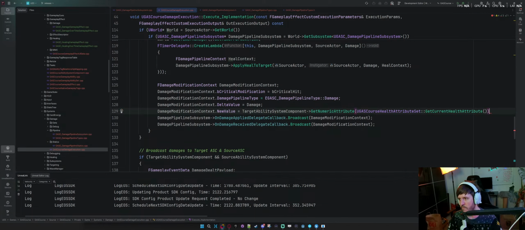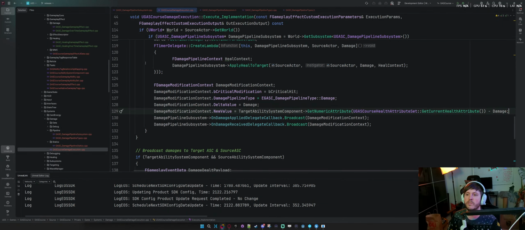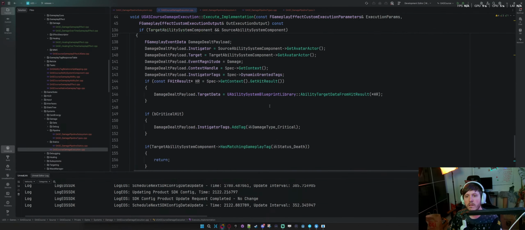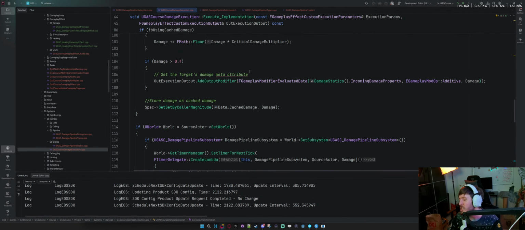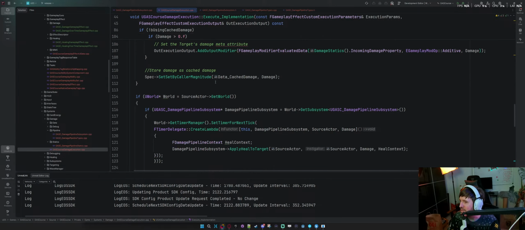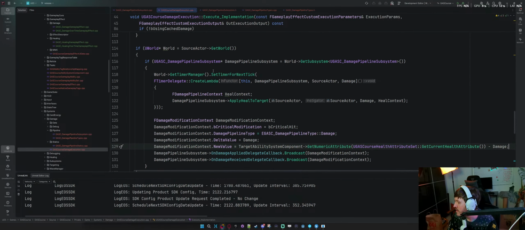So that minus damage, right? Like, could this also be done in the attribute set itself? Maybe. I don't know what information we really. I guess it could be on the post gameplay effect. Maybe.